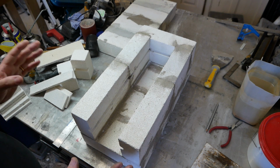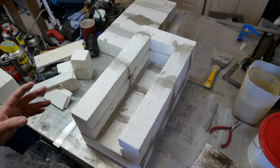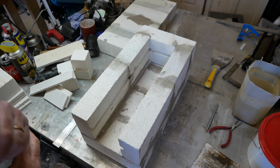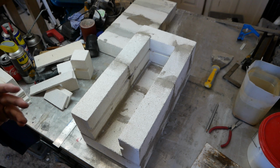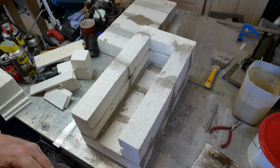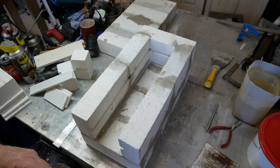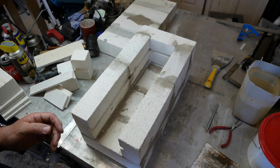A lot of the ovens I've seen out there, my biggest problem with them is that they're incredibly over-engineered, and that's probably because they're being made by people who are far more intelligent than me, far better at this sort of stuff, but I just can't face having to go through all that for making what is basically a box with heating elements and some electronics. I wanted something simple that's not going to take me years to build,